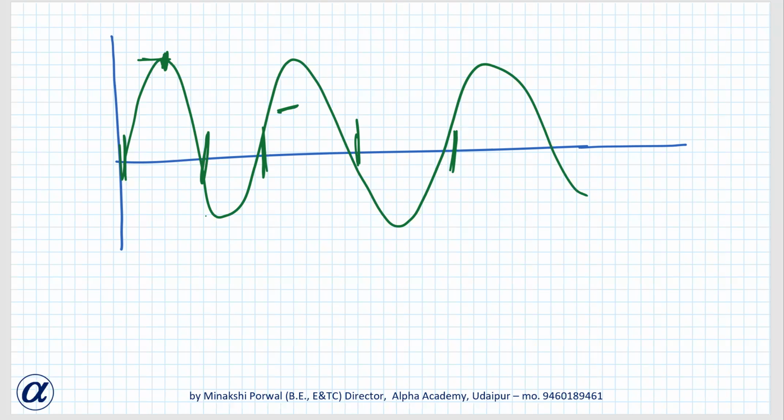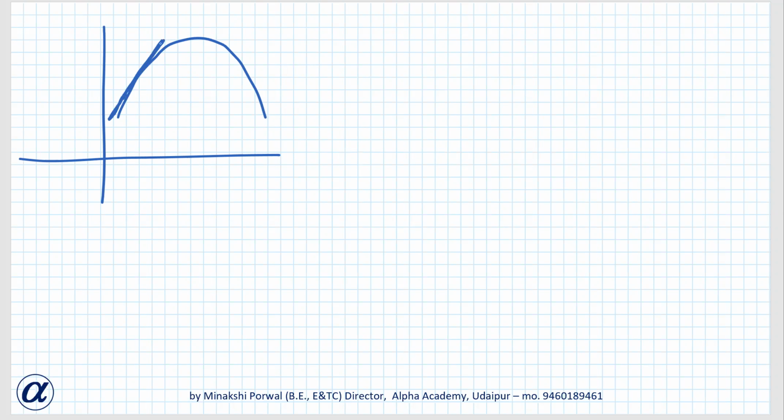Yes, ma'am. Okay, now how to find local maximum and local minimum value? So now let us see. Suppose there is a function this way, and we find the slope of this. If there is a line like this, then its slope will be positive because this is angle theta. If theta is acute, tan theta will be positive.